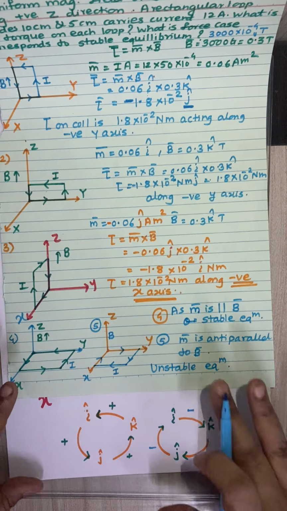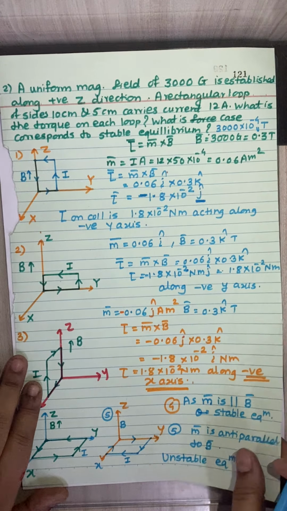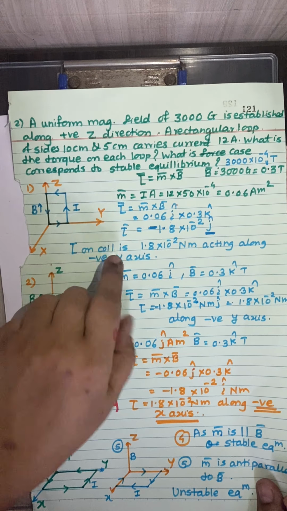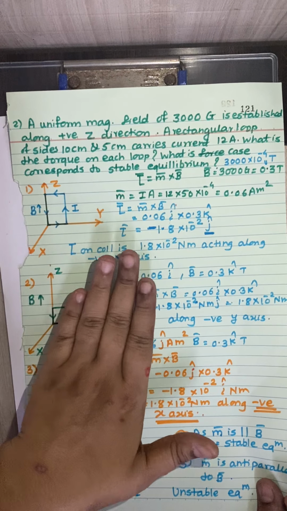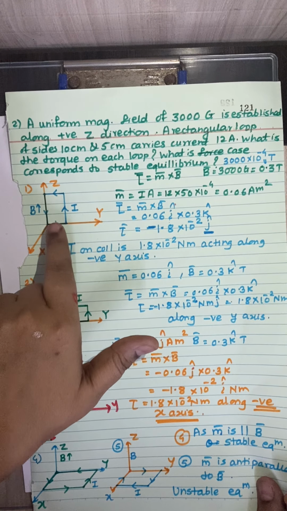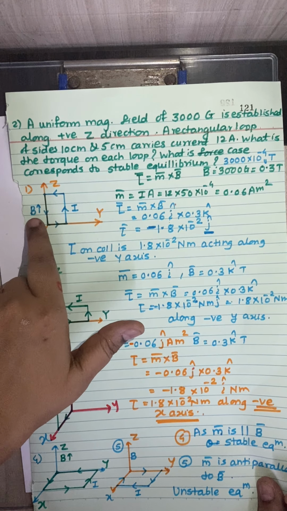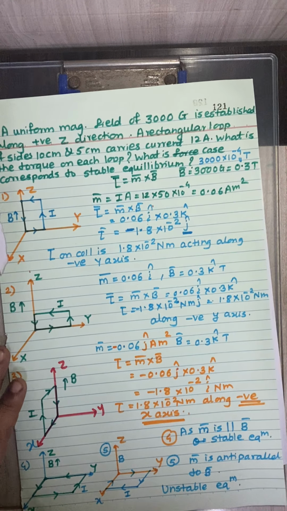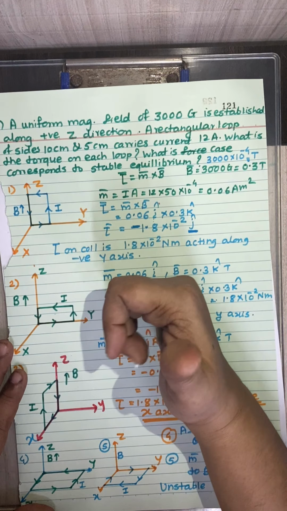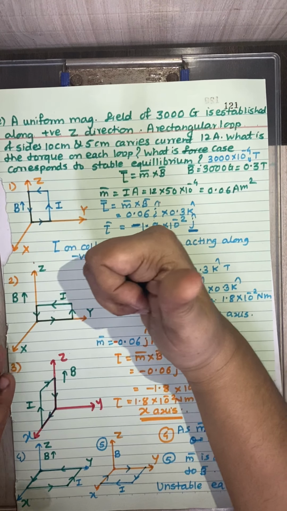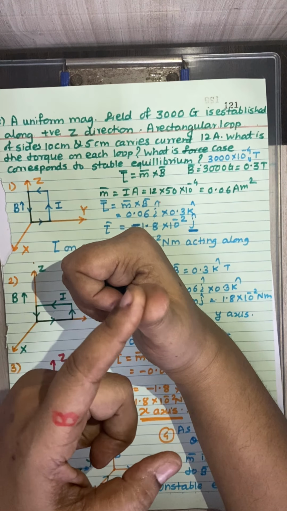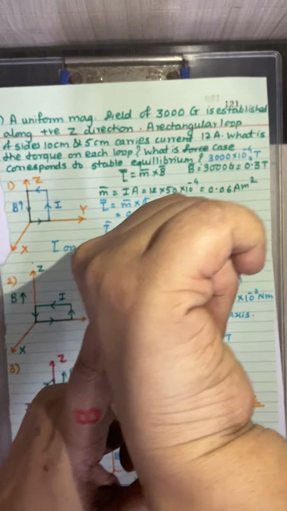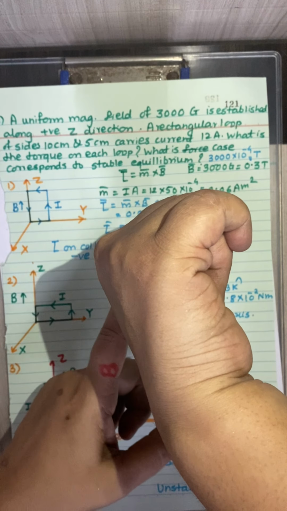So whenever you are considering the cases, always try to find out along which direction x, y, z axes are given. According to that, imagine the coil, and the important thing is to consider theta, that is the angle between M and B. The direction of the magnetic moment is very important, and it is given by the right hand rule. If the current is flowing in the loop in an anti-clockwise manner, then the thumb shows the direction of the magnetic moment, that is in the upward direction. If the current is flowing in the clockwise manner, then the thumb shows the direction of the magnetic moment, which is in the downward direction.